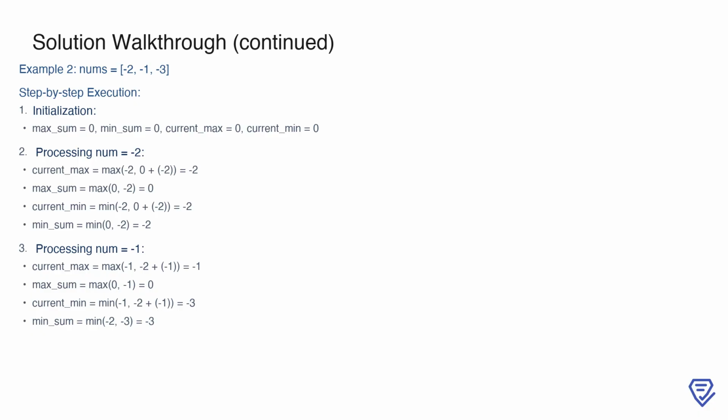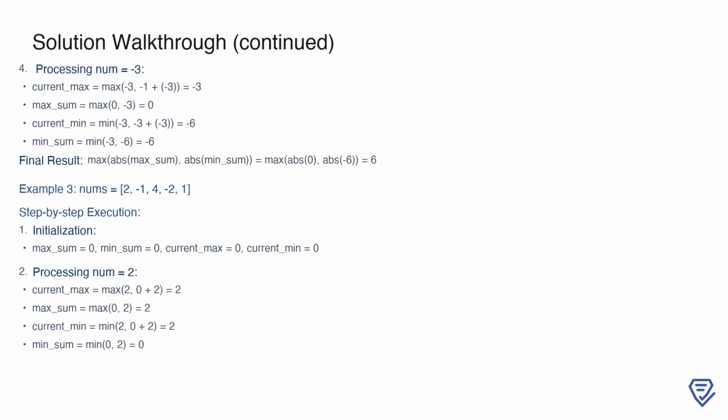Min_sum updates to -2. Then, with -1, current_max becomes the maximum of -1 and the sum of current_max plus -1, which results in -1. Max_sum still remains 0. For current_min, the minimum of -1 and the sum of current_min plus -1 gives -3, updating min_sum to -3. For the number -3, current_max updates to the maximum of -3 and the sum of current_max plus -3, which results